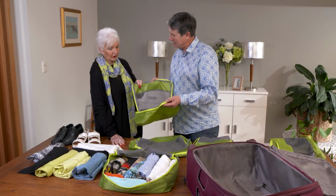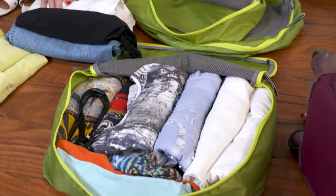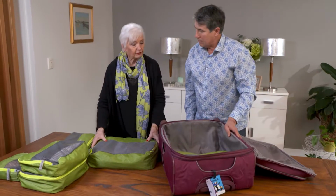These are my go-to. Since I've discovered these, I wouldn't be without them. I separate my clothing. So because we've rolled and put our clothes into these pods, they fit very easily into my